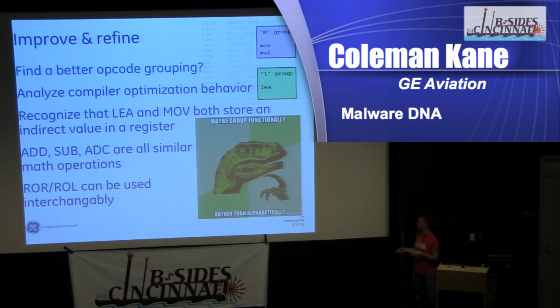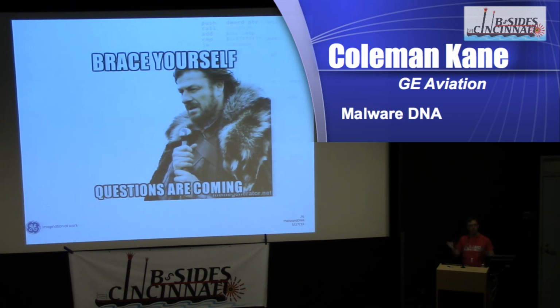One example that I'll go through really quick is add, subtract, and add with carry. That's that second from the bottom group there. A lot of times compilers will interchange those based on context. And that means the author wrote one thing, but the compiler did one of 5 things with that information. And you're really trying to get back at the patterns and signatures that the author has left in there. What's the author's fingerprint? And not all the authors, but just the bad author who wrote this malware sample. So, in closing,